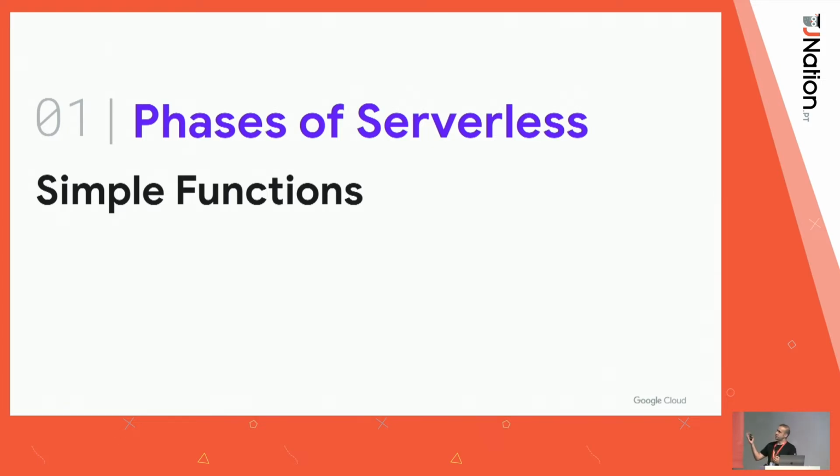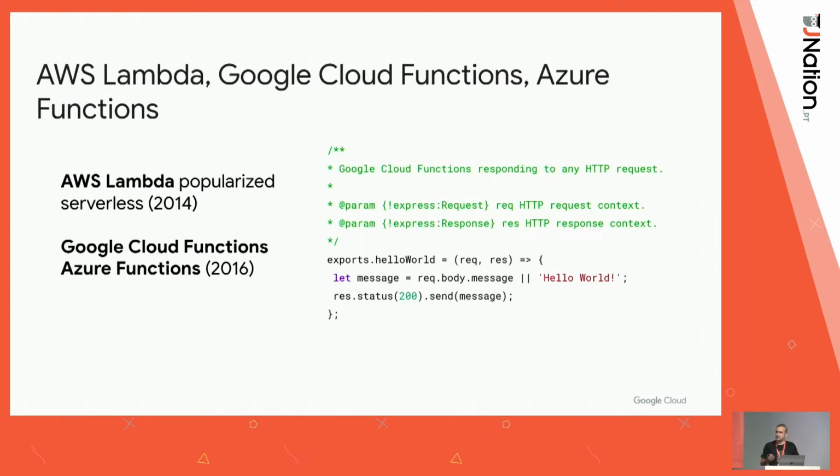Then we had the first phase of serverless, which basically is simple functions. And when you look at this phase, this started in 2014 with AWS Lambda, and that's when we started hearing about serverless. And then it was soon followed by Google Cloud Functions and Azure Functions in 2016. But the idea here is that you just define a simple function. Here's a Node.js function that handles some HTTP request and response, and then you respond with whatever you want, and that's it, right? So you just define this function, deploy it, and that's it. Like, you don't have to worry about machines. You don't have to worry about configuration or anything like that. By default, this just worked.